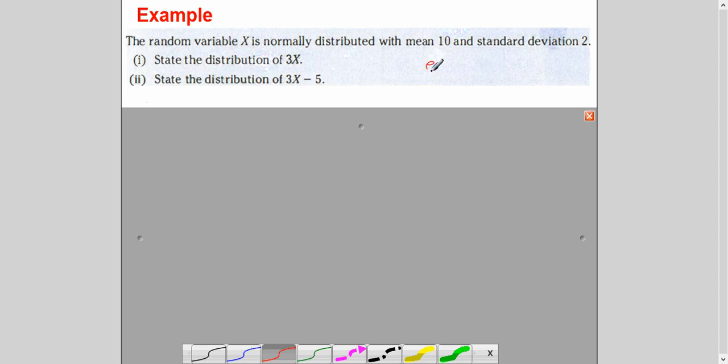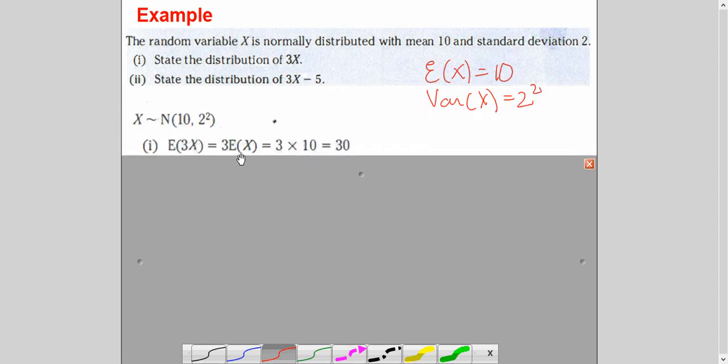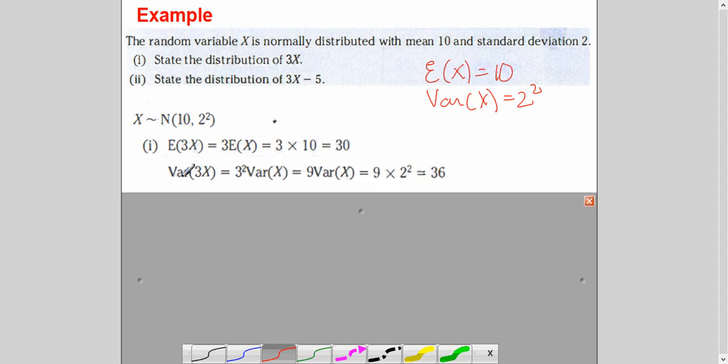What is given to you in the question is the mean of x, which is 10. What is written in words, I'm just writing in mathematical notation. So the variance of x is equal to 2 square. This is given to you, and you have to find 3x, right? So for 3x, it will be 3 times the mean of x, so 3 times 10, because the mean of x is 10. Then for the variance of 3x, 3 square times the variance of x. Again, you are taking the value from here and calculating.